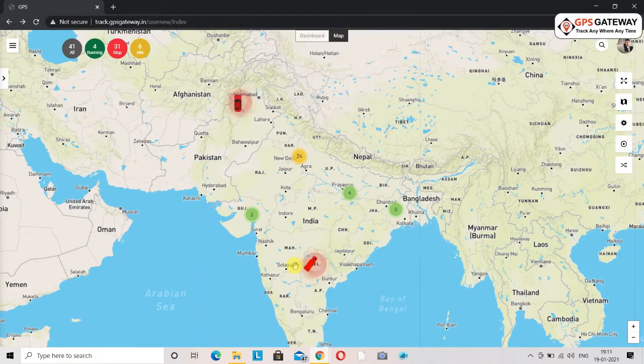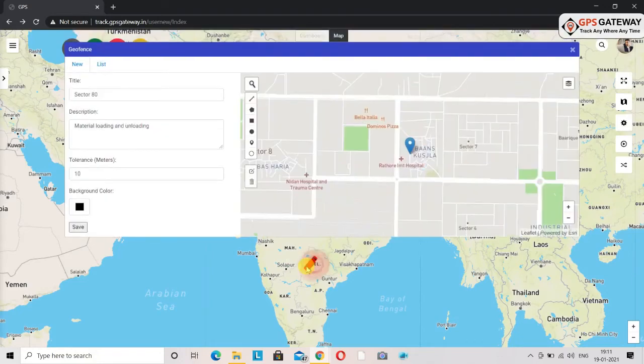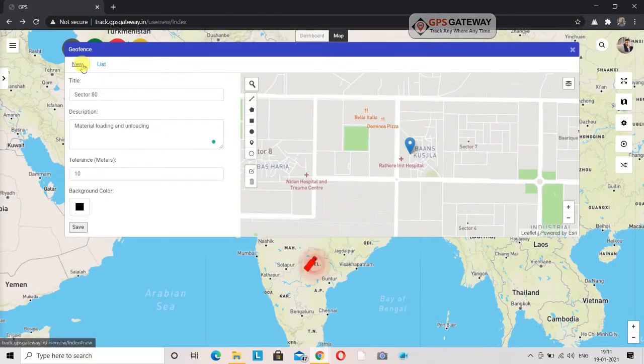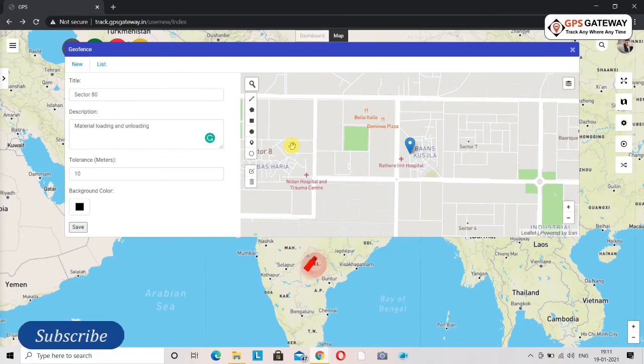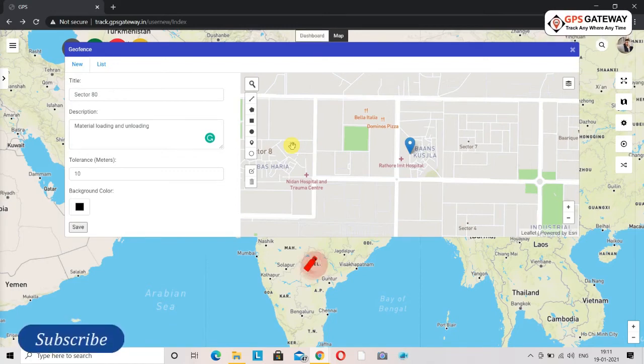For that, you will have to right click on the vehicle on the map. Upon clicking, you will see a window open on your screen similar to the one before. Now you will have to follow the same steps you followed for creating a geofence. Once you are done with drawing a geofence, you will save it and then you will have an area or point that will ensure that whenever the vehicle comes in and out of it, you get a notification.